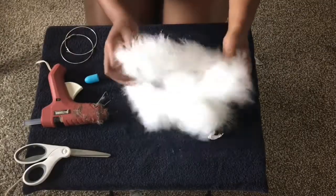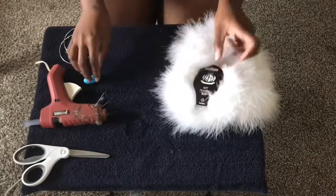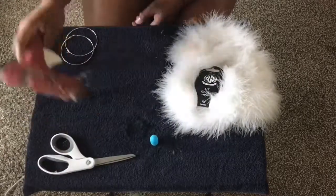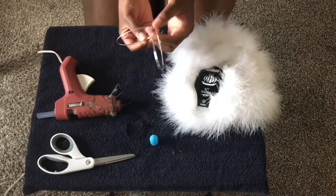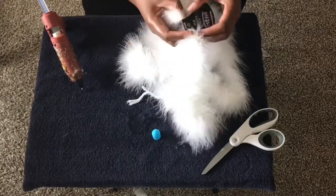You are gonna need a feather boa. I got this from Joann's. A hot glue finger guard is optional so you don't burn yourself. Scissors, hot glue gun, glue stick, and you're going to need a pair of hoop earrings. So let's get started. The first thing you are going to do is take the tag off